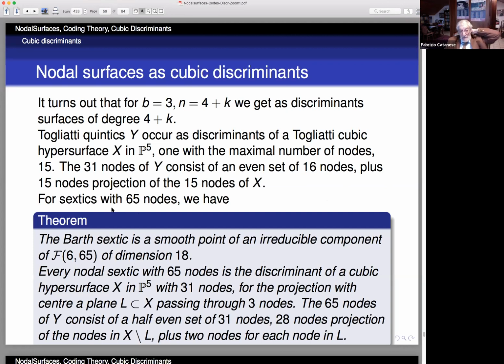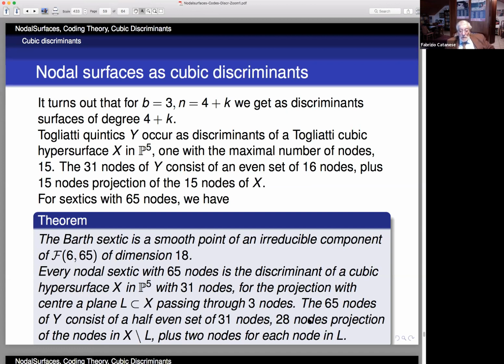Now we have a similar result for sextics with 65 nodes. And the next theorem says the Barth sextic is a smooth point of an irreducible component of dimension 18 of the variety of sextics with 65 nodes. And every nodal sextic with 65 nodes is the discriminant of a cubic hypersurface with 31 nodes for the projection with center a plane